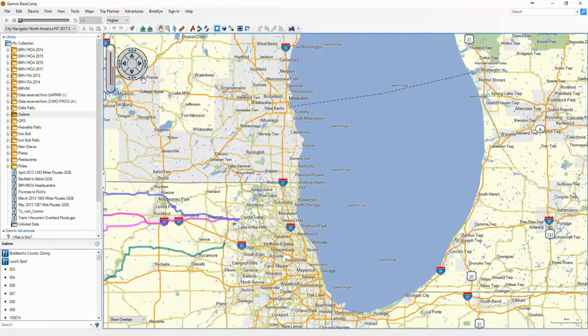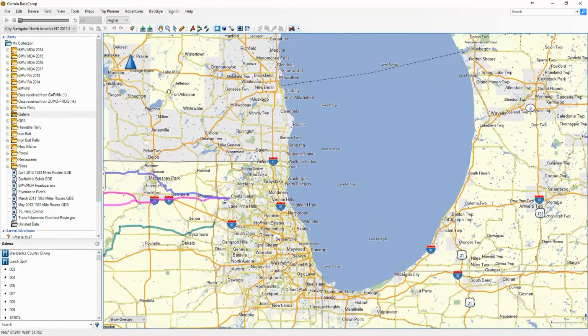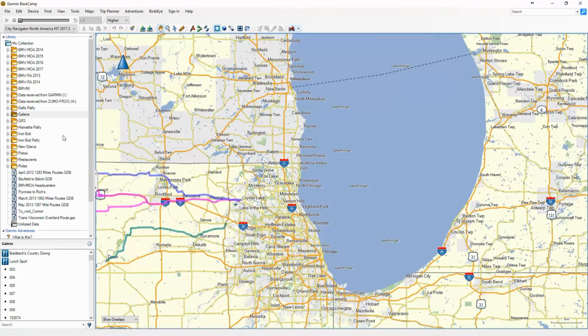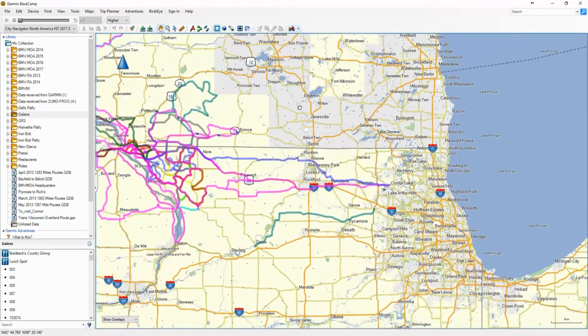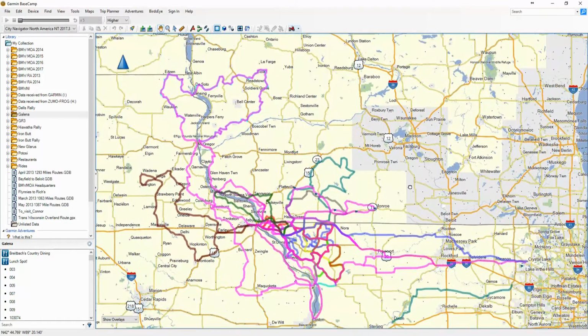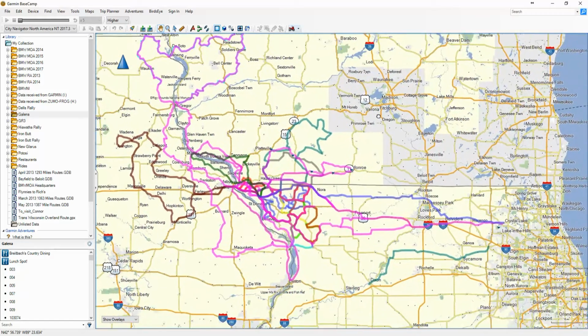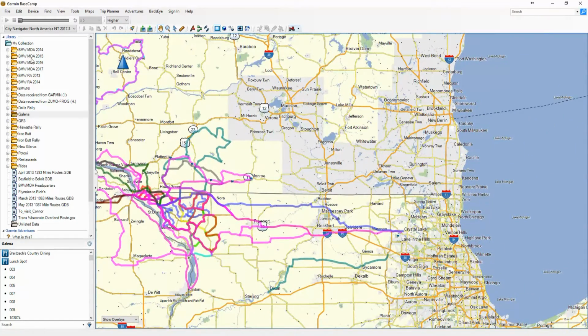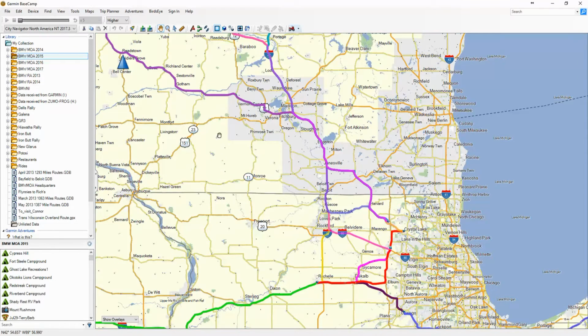Over here we have a collection of folders and rides. When you click on a folder, it's going to show you all of the routes in that folder. So right now I have the Galena folder selected, and it's showing me the routes that I have for the Galena campout. If I select MOA 2015,